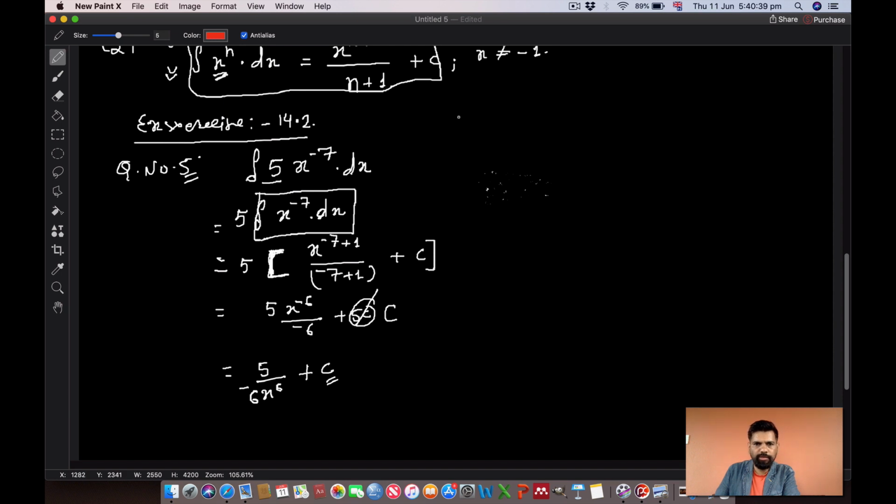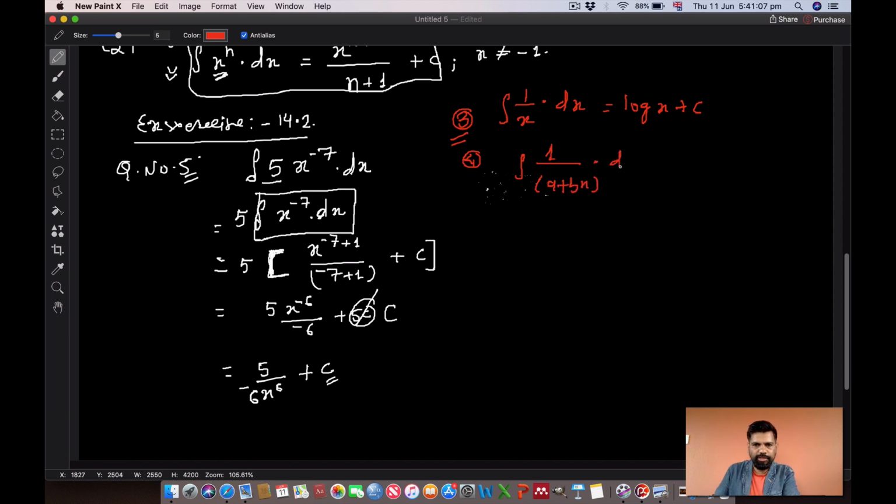Formula number 3. What about the integration of 1 over x dx? That is log x plus c. And formula number 4, the integration of 1 over a plus